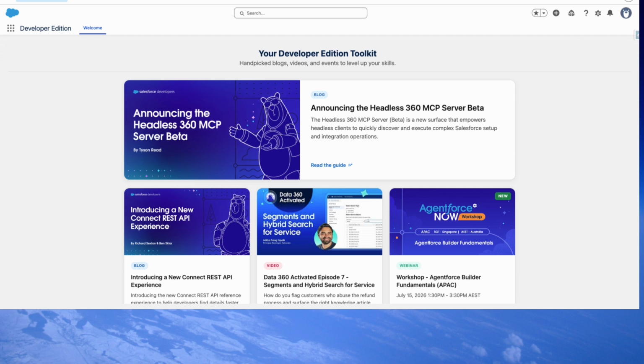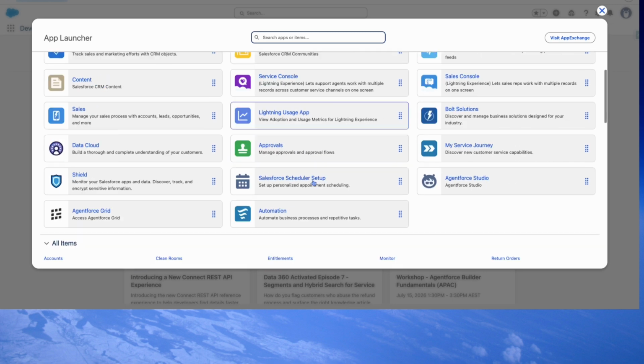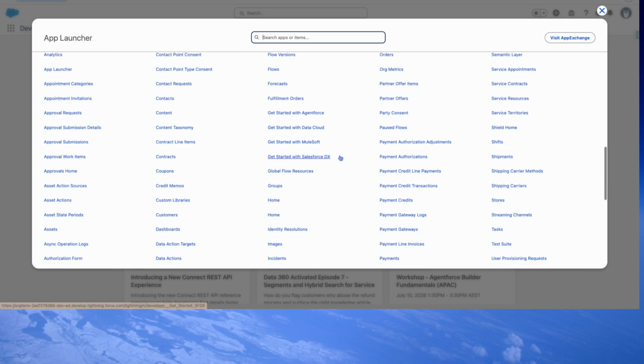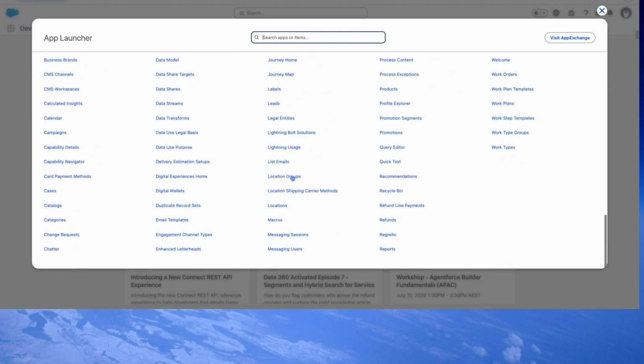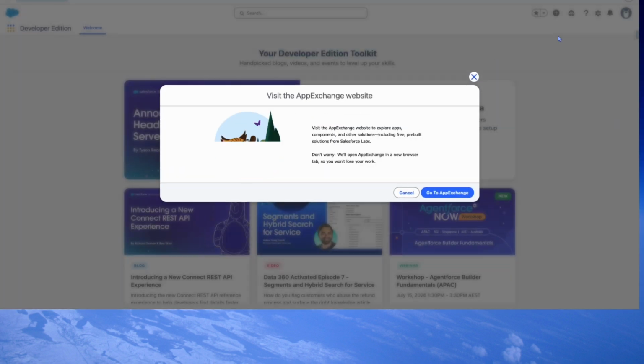So we can ignore all of this and just click on the nine dots here, what we call the app launcher. Here is a selection of the primary applications that you could view in Salesforce. If you click View All, you will get a full listing of all of the apps that you have access to, and also all of the objects that you have access to as well. Should I want to go further and look for more apps, I can click Visit the AppExchange, and I can go to the AppExchange like this,